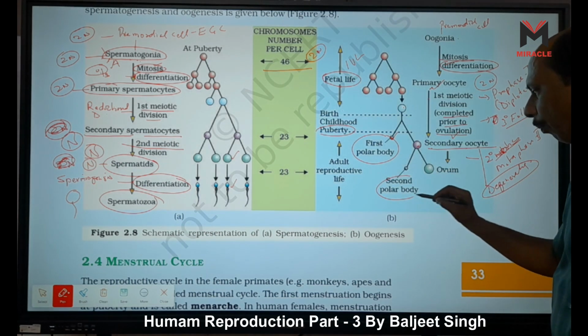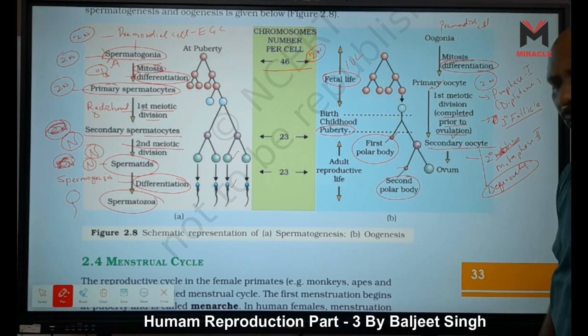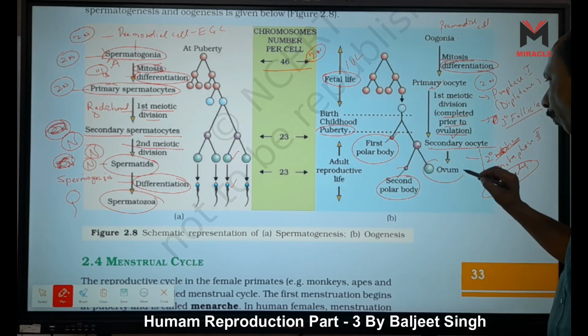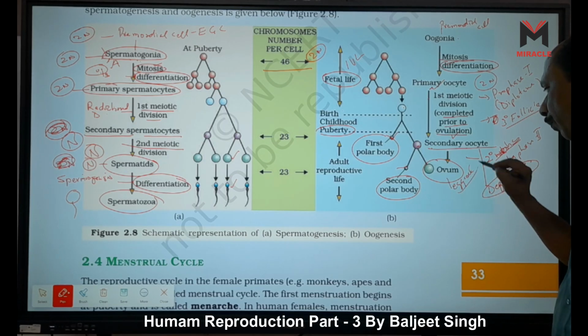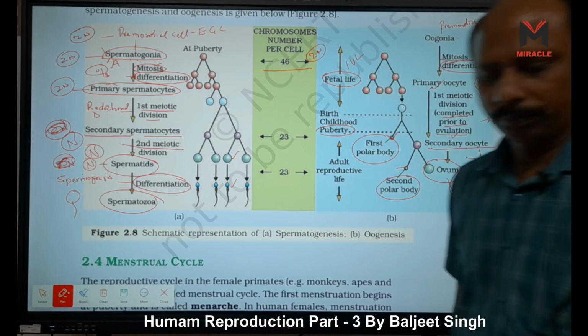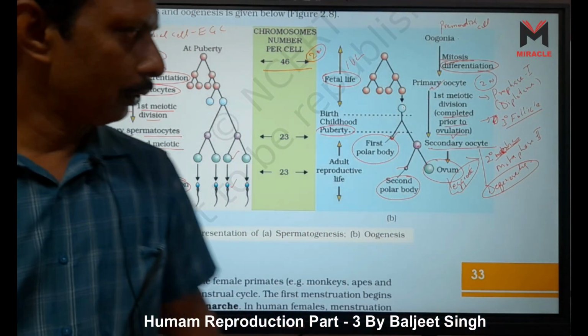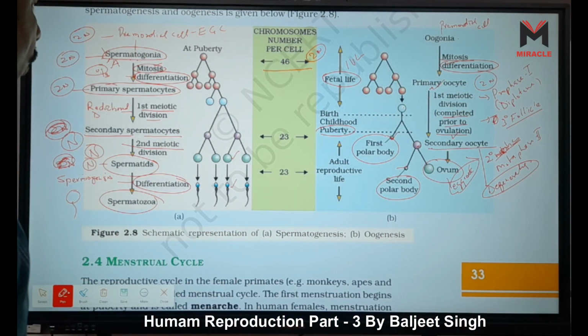The second polar body is formed, which further degenerates, and the ovum, or egg cell, is formed, which is fused with sperm, right? That is the difference between these two. What is the difference? First,